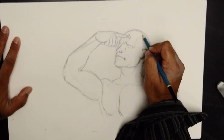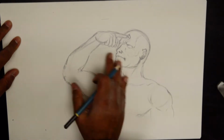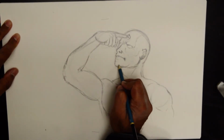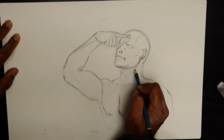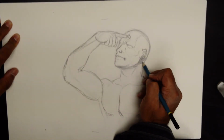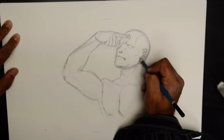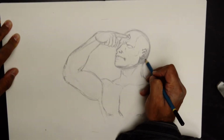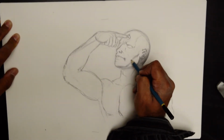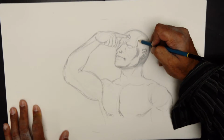So now what we're going to do is, let's imagine that we have any particular light source. I'm going to illuminate this way, so some shadow under the chin. Now he's all blue, just like a Smurf, but that does not necessarily mean that he is one tone. Even with that blue, there are hues of darker, lighter, according to the different media. In the movie, it was pretty much like the printed material, with the exception of a few variations here and there. So I'm going to just quickly put down some tones here,